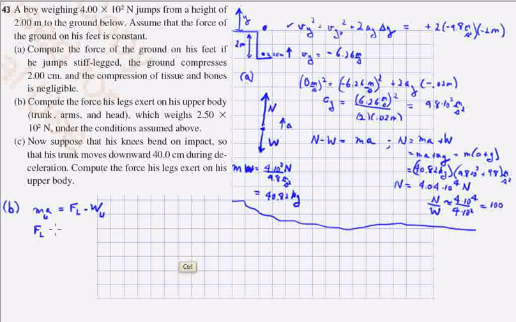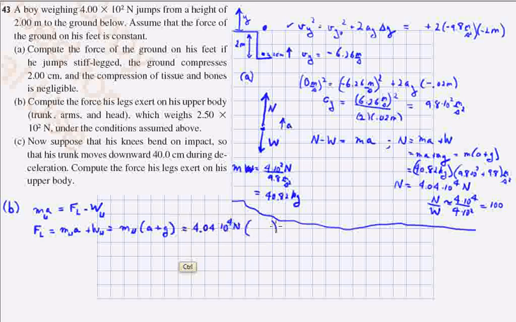And so if I solve for F sub L, I'm going to get M sub U A, same A that I had before, plus W sub U, which is M sub U times A plus G, because M sub U times G is W sub U. And that's exactly the same expression I got for N over here, if you look at it, except I have M sub U here instead of M, and so therefore I can say that this is going to be the same as the previous upward force I calculated, 4.04 times 10 to the 4th newtons,